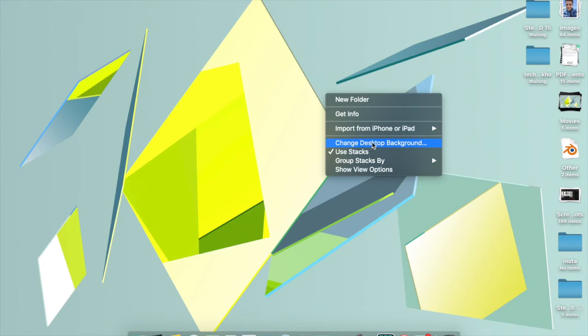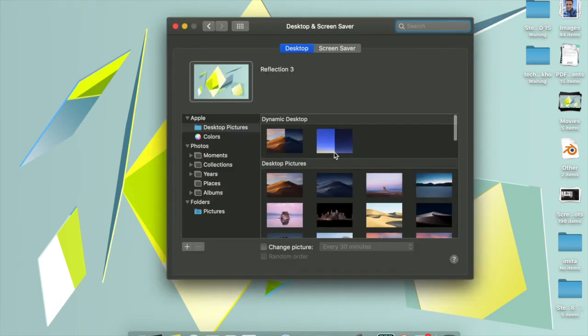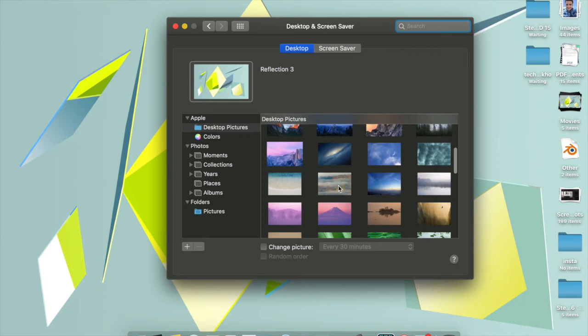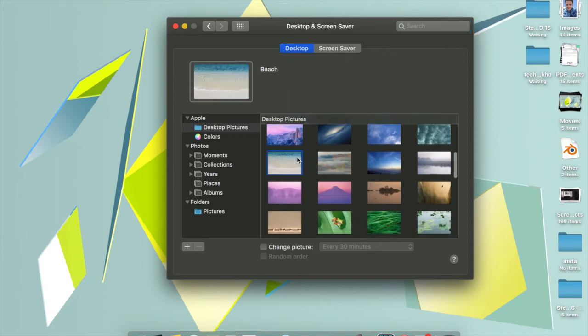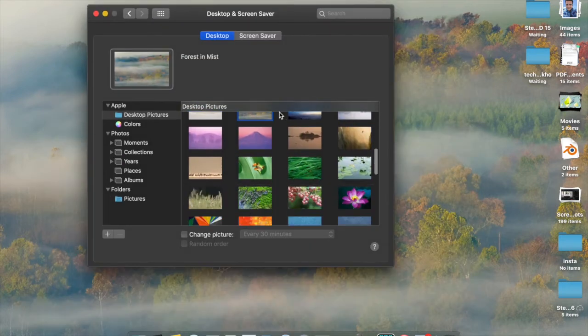Just click on it. And then when you click on it, you will be given this main screen. In here you can see there's a lot of pictures available. These are already uploaded by the MacBook. These are HD pictures. Just click on them, and that would be very much easy for them to